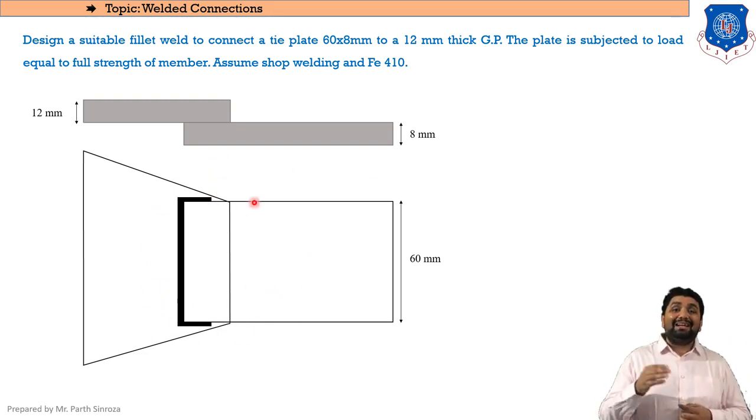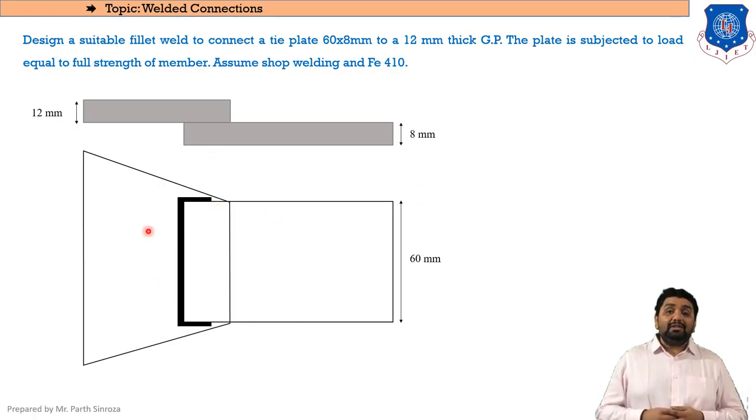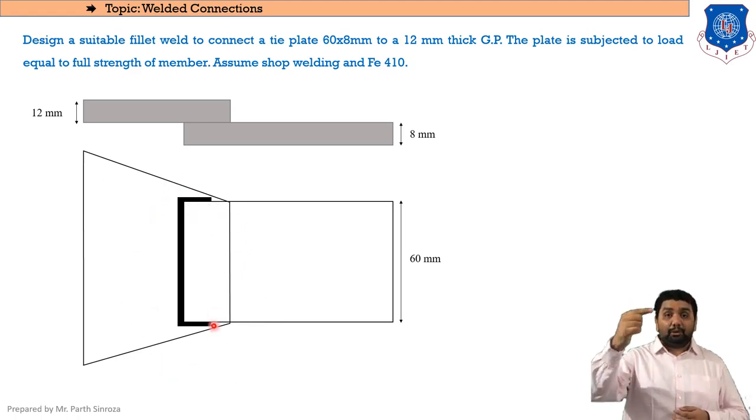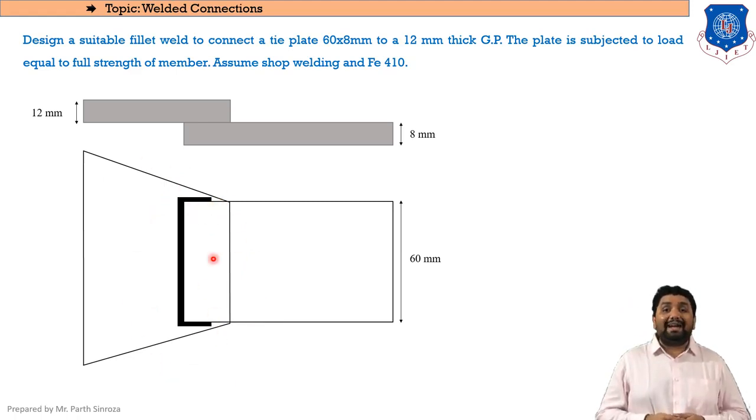As you can see, we need to connect our main plate with the gusset plate with this method. This is called side and end weld. So here you can see that welding is being prescribed by the black color on the screen. If we are providing only side welds, that means in the top half and bottom half, these are called side welds. And if we are providing side and end, meaning covering all three sides, then it is called side and end weld. Either it is given in the question which type of welding is to be used, or it is not prescribed. If it is not prescribed, then we can use any method. Here in this question we will be using only side welds, that is, providing welding only on the sides.